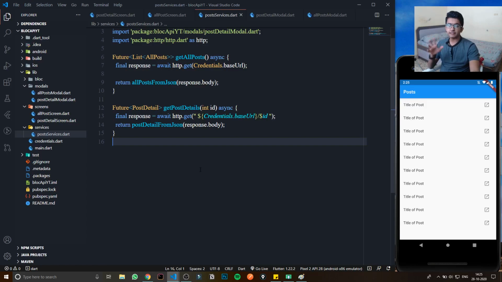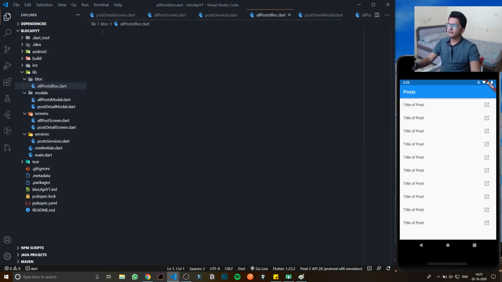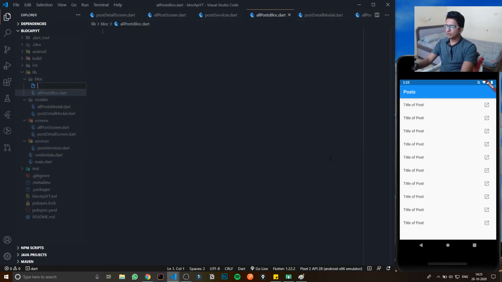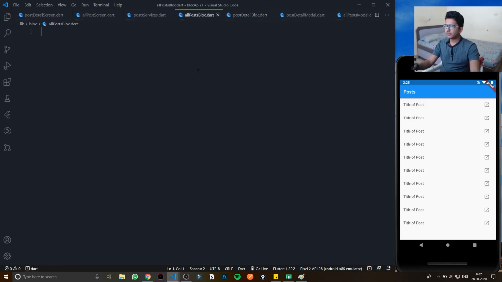Now the only thing remaining is the bloc. Great, so let's crush that too. Here I can say all_posts_bloc.dart. This is for all posts, and I can create one more file for post_detail_bloc.dart. Great. Now let's start with the all posts bloc.